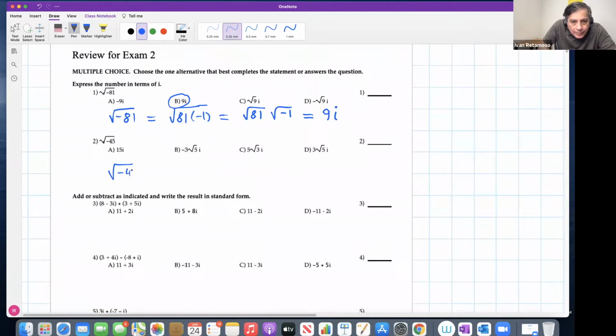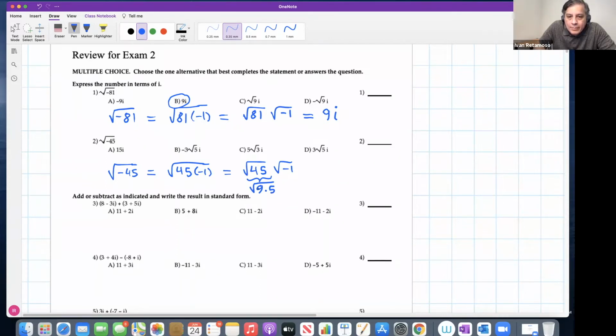Second question, similar. So we follow the same technique. We separate 45 from negative 1. So distributing the square roots, this is what we get. But the difference is here, right? This square root of 45 is not exact. So you have to recall those techniques that you learned in previous courses to simplify this type of square root,